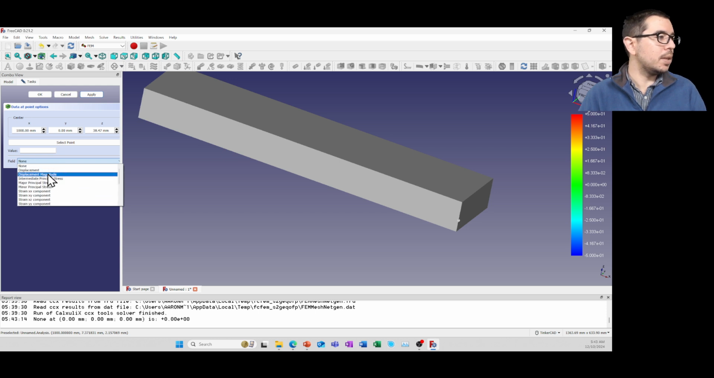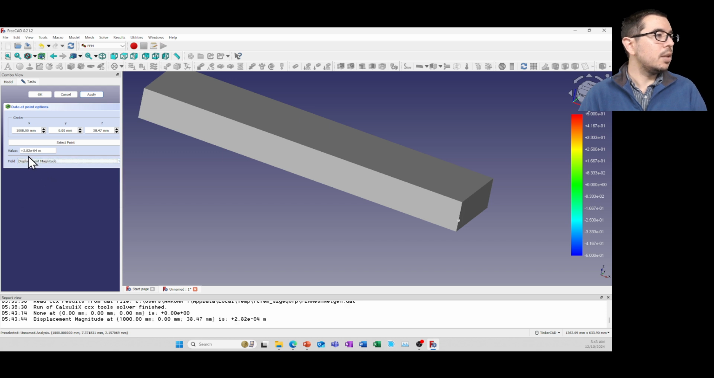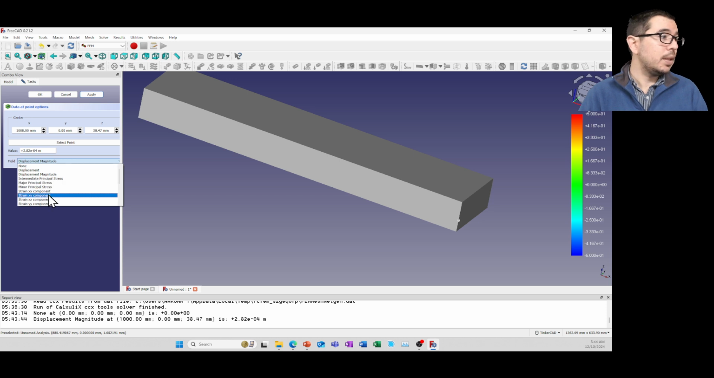So magnitude of displacement, like that. And look, we see that it's 2.82 times 10 to the minus 4 meters. So once again, that's just telling us what that displacement is at that location. If we want to know the stress at that location, which should be pretty close to 0, we could